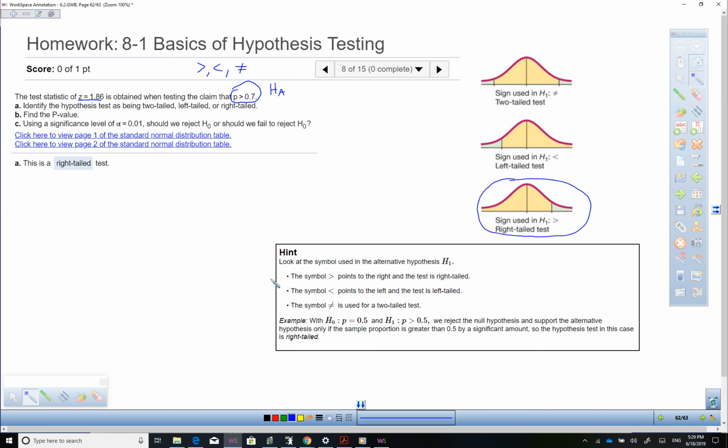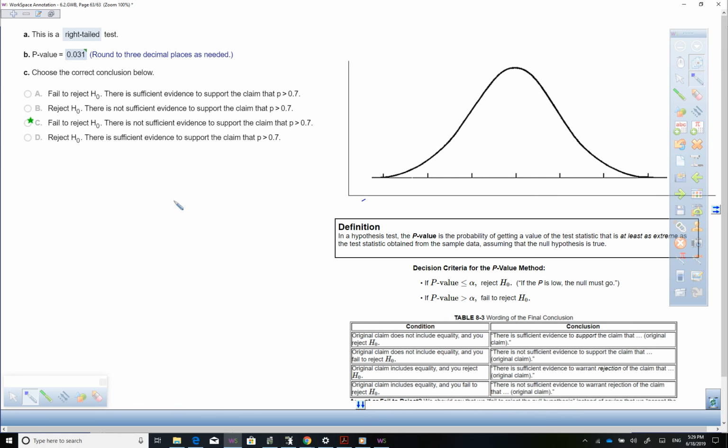Okay, this part tells you right here. The symbol greater than points to the right, and the test is a right tail. So that's how you fill out this part of the problem. Here, the second part. On the second part, they